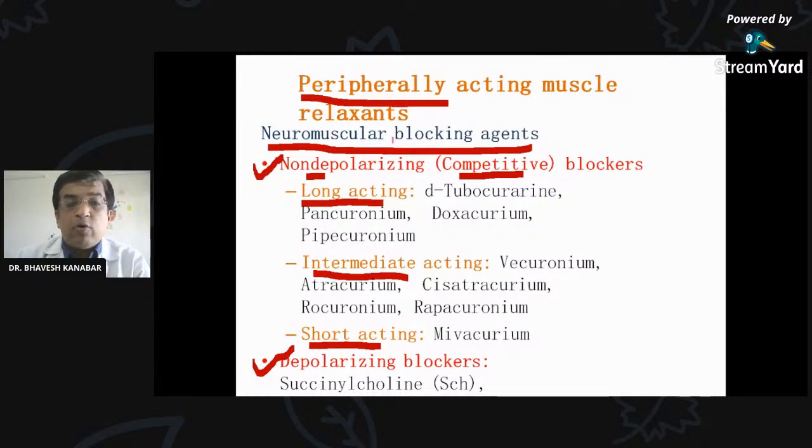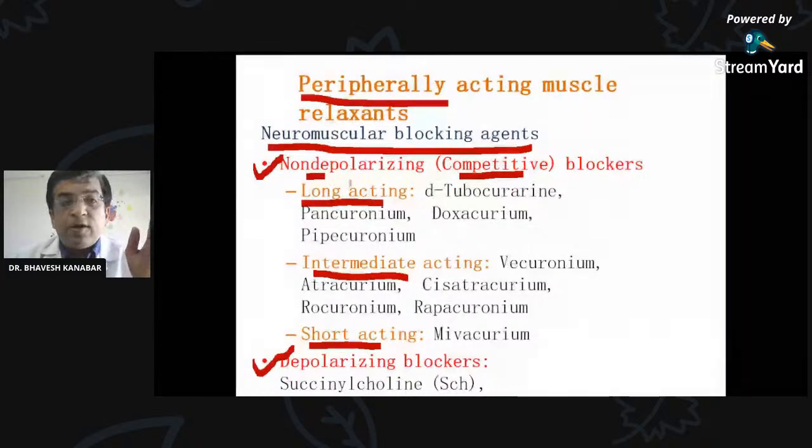So neuromuscular blocking agents are of two types: non-depolarizing blockers or competitive blockers. Remember this name well, competitive blocker, because the name itself suggests its mechanism of action. And second is depolarizing blocker. In non-depolarizing blockers also there are three types: long acting, intermediate acting, and